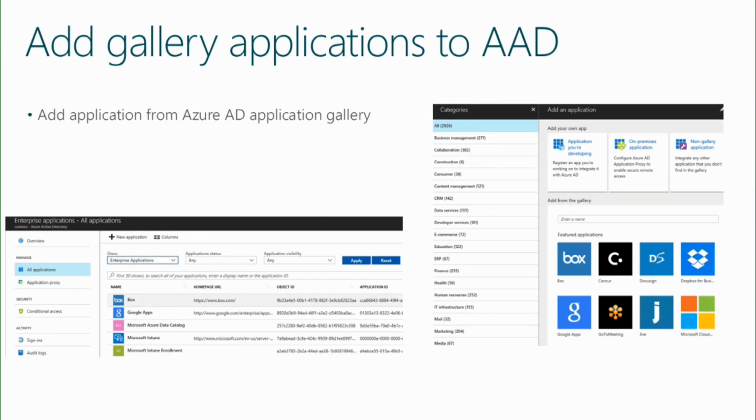This is done through the application gallery in Azure Active Directory. So within Azure Active Directory, it's a simple process in the UI to identify applications that are available and then add them to your instance of Azure Active Directory. Now, what's going to vary is the supplemental process. For example, if you're going to add Box.com, you need an enterprise account on Box.com. You'll need to log on and complete the other end of the configuration. It's not quite a point and click process, but it is very simple and very straightforward.